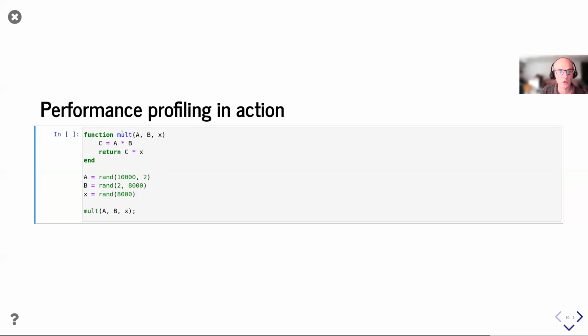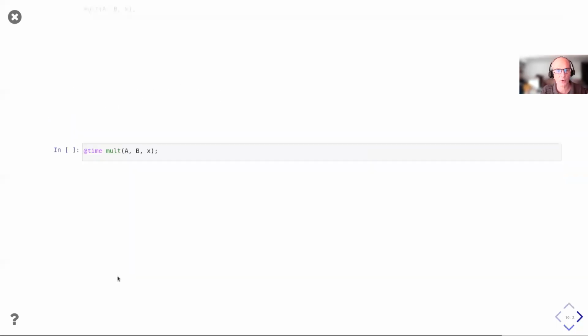So what we're going to do is create a function. I'm going to call it mult and pass in two matrices, A and B, and a vector X. So you can see them being created down here. And in this implementation of the function, first we multiply the two matrices, and then we multiply the matrix times the vector, right? Again, we define the function, we define the input variables, we call it once so that we do all the type inference and compilation, get that out of the way